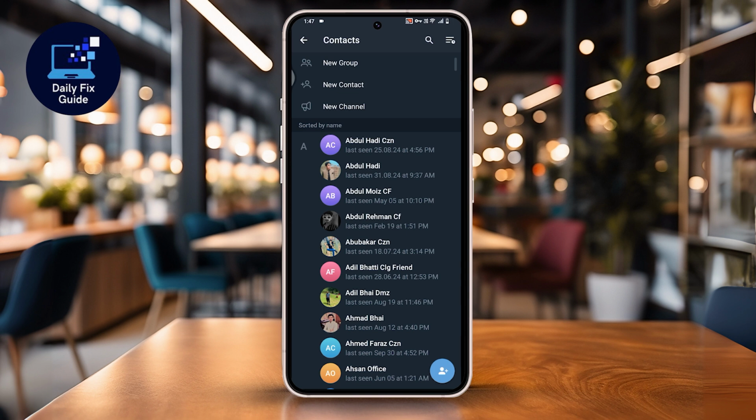To export your contacts, you will need to use Telegram Desktop on your PC or Mac, because the mobile app does not allow exporting contacts directly. This method ensures that all your contacts are backed up safely and can be imported into other apps if needed. By following these steps, you can easily export and manage your Telegram